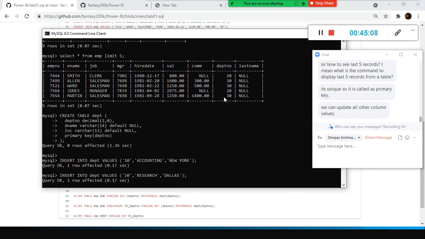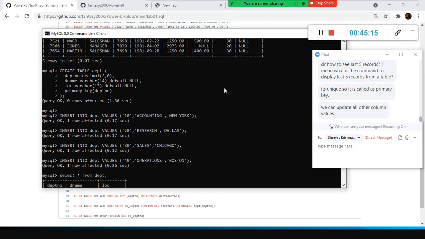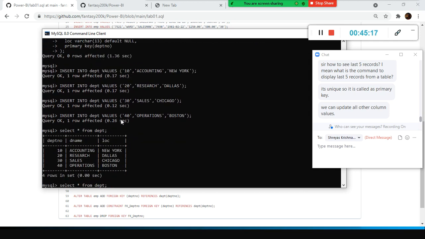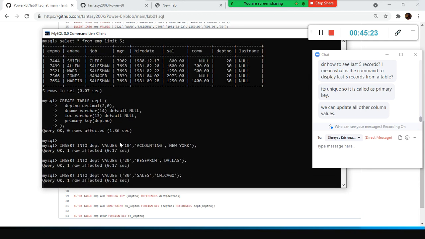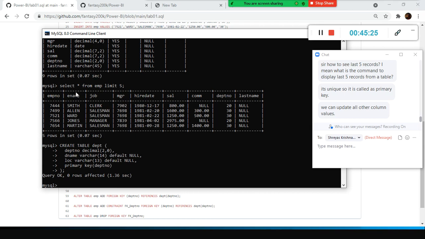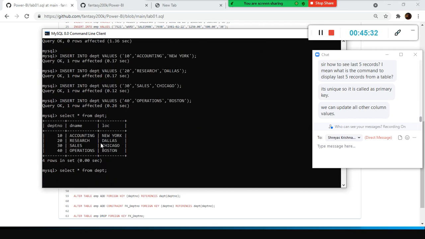Can I define this also as a primary key? No, because I already defined it as a primary key in another table. So I need to tell this table that these values are foreign keys to the other table.